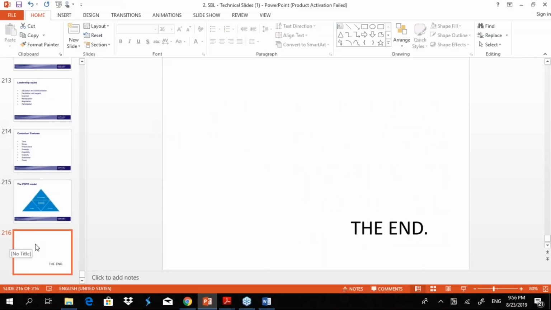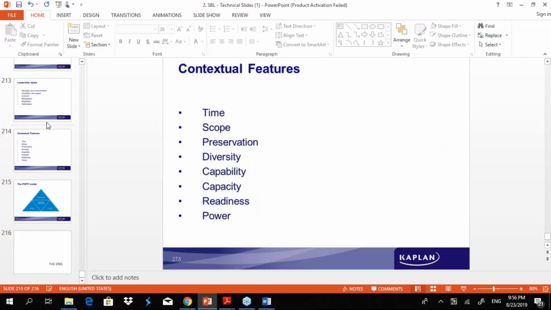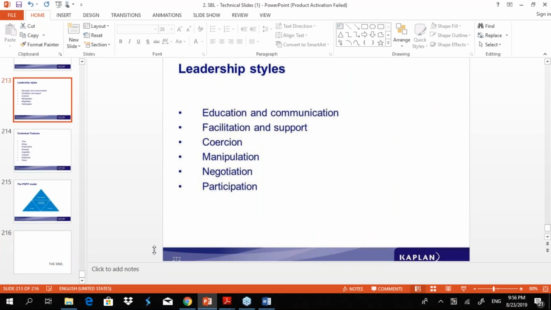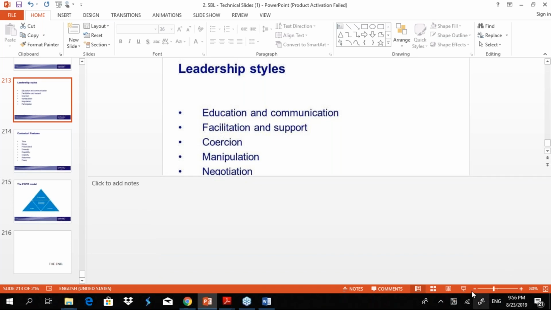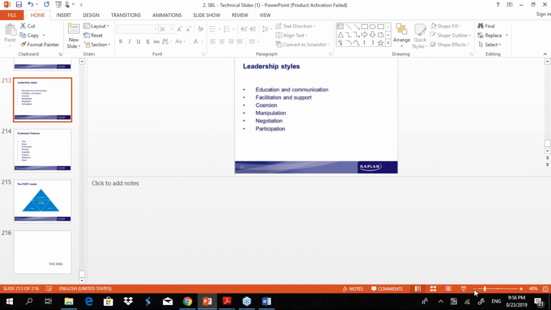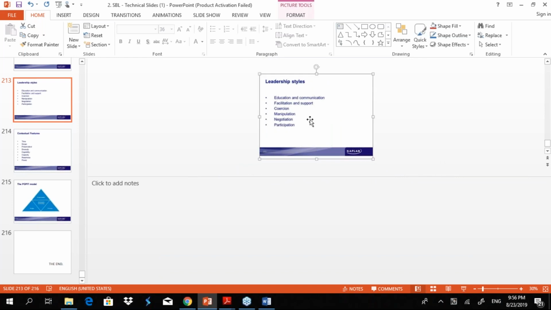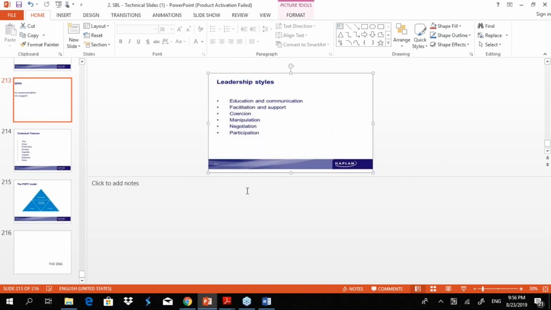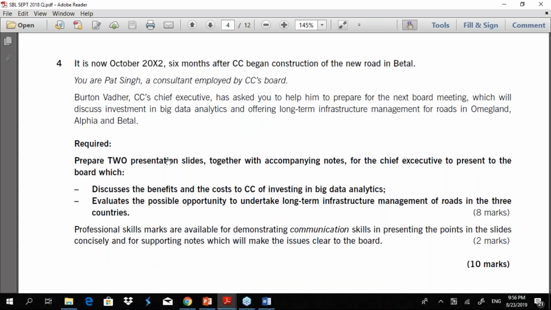See, presentation slides are these, which even I used to explain to you the technical content. So normally a boss would tell the subordinates to prepare the slides. And if you see, the requirement also tells you to prepare accompanying notes.